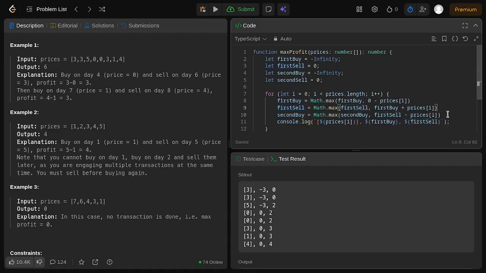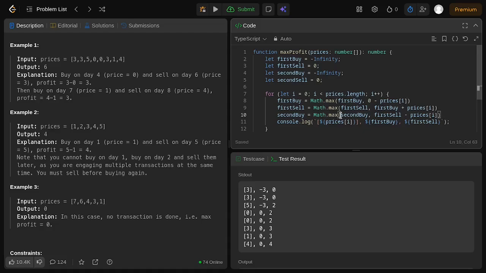The notable difference is on the second buy, we already got the profit from the first sell right here. Then we can utilize the first sell profit